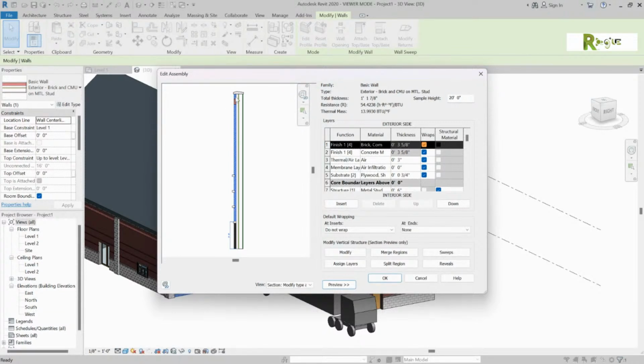Nope, you can't. I think you can in newer versions. If this is 2020, I think you can in newer versions. I think that's where I saw it as well. But what you would have to do is